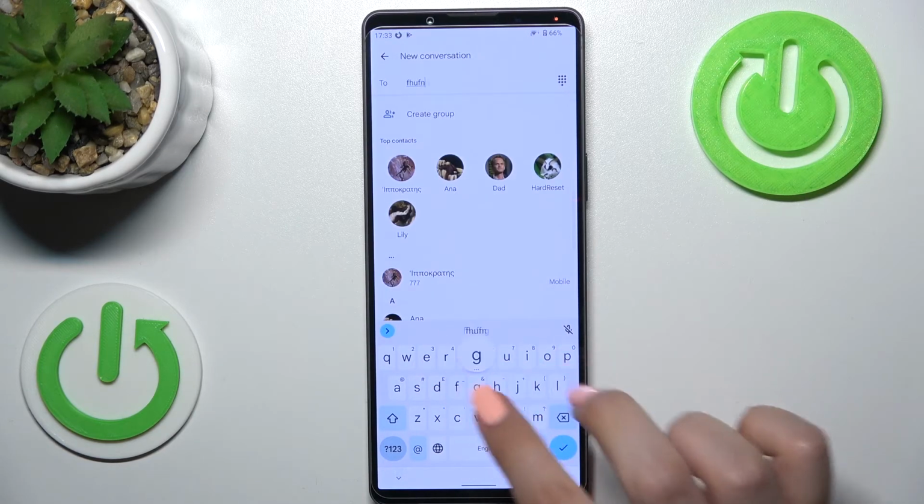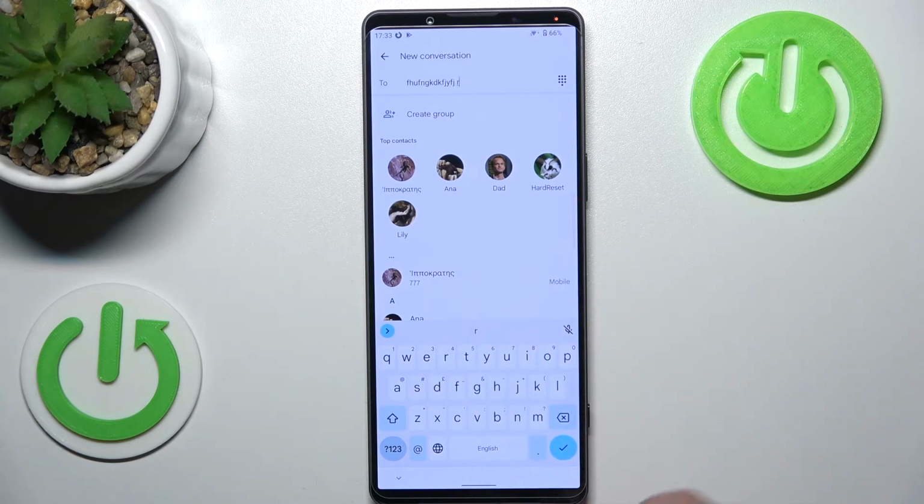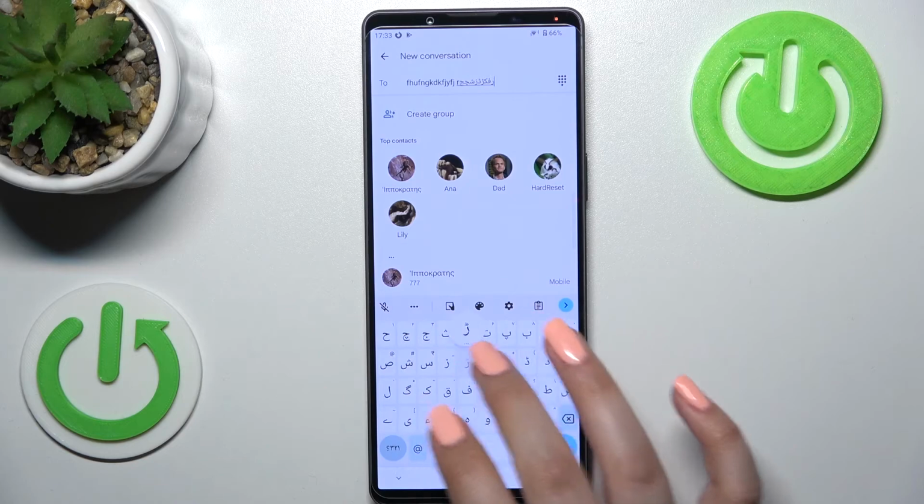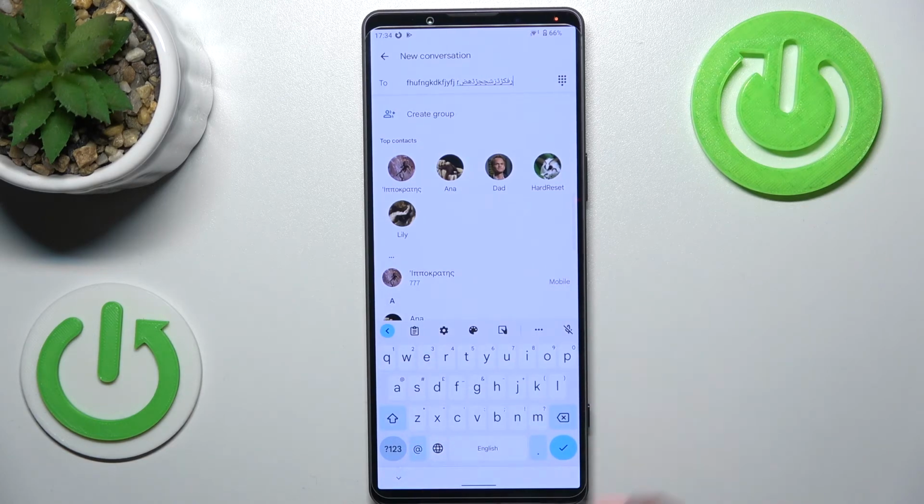So currently I'm writing English, but after tapping on the globe icon, I can easily switch to the Urdu one, as you can see. Now let me tap on it again, and again English. So basically this is how to add the language to the keyboard, and now let me show you how to